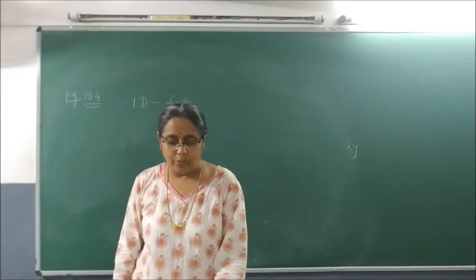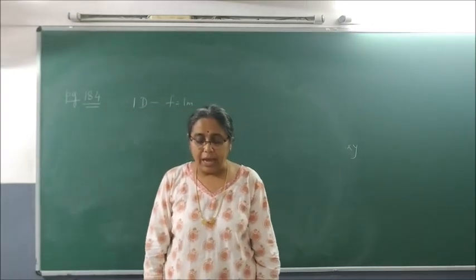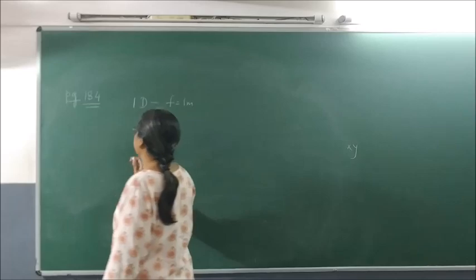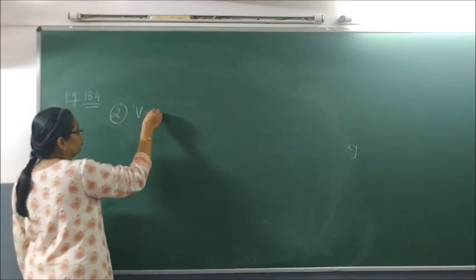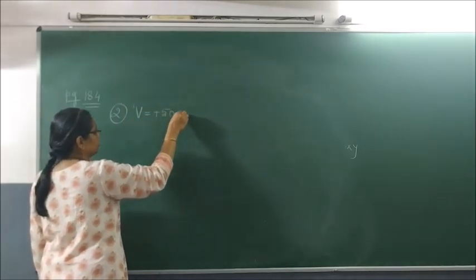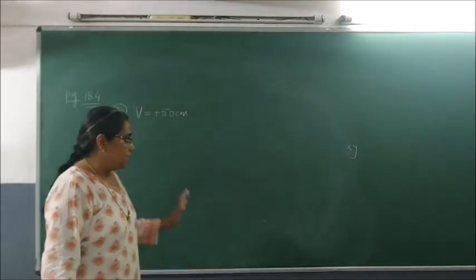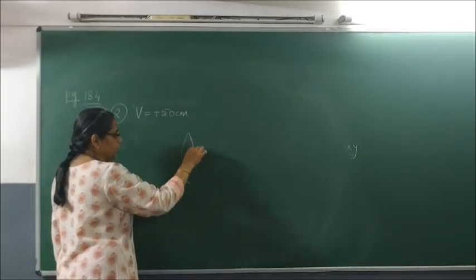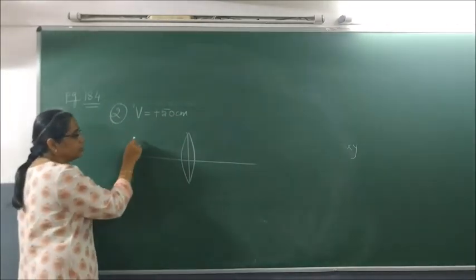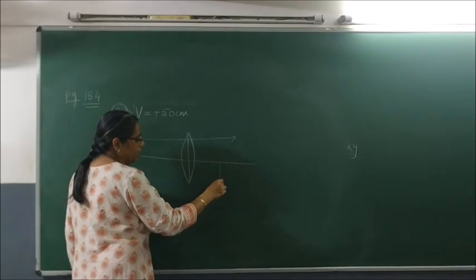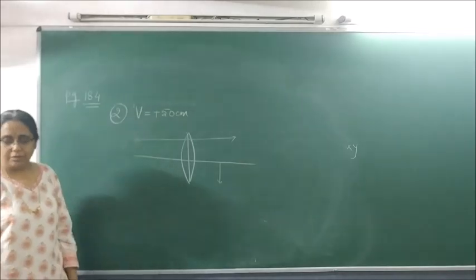Now the second one, from where we left: a convex lens forms a real and inverted image of a needle at a distance of 50 centimeter from it. So this is our second problem. We have been given v as 50 centimeter. Why am I putting it as plus? Because it says it forms a real inverted image. When a real inverted image is made by a convex lens, it is always on the other side of the object, in the direction of incident light. So v is 50 centimeter.